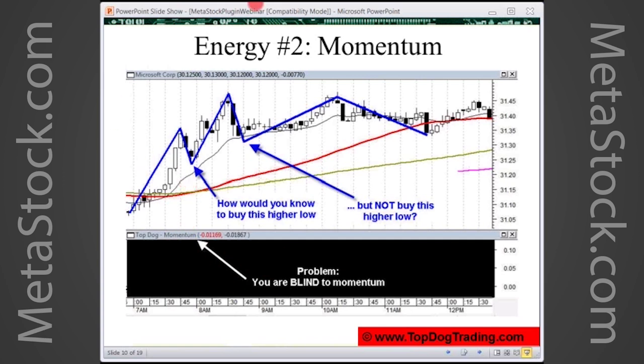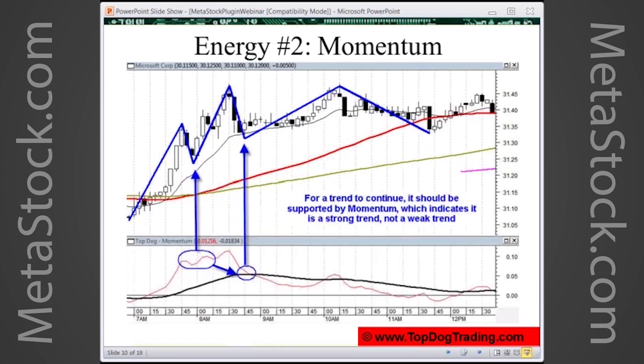So let me activate that screen again. There we go. So let's take the black curtain off. And here's our momentum indicator. It's the red line. Okay, and the black line is just a moving average of it. But the red lines are actual momentum indicators. And here's your 0 line, which means no momentum. So now we've got a whole new thing we can see. And you can see what? Well, here's our first higher low, and momentum also making a higher low. Great. Price makes a higher high, momentum makes a higher high.